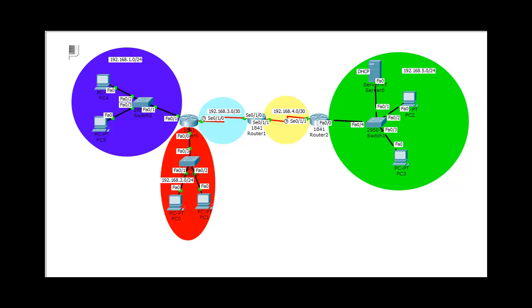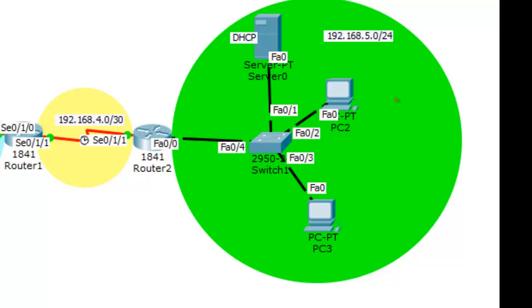In this lesson, I'm going to show you how to configure DHCP using Packet Tracer. What we are going to do is cable this network first. This is what we are going to do here. The green network on the right here is network